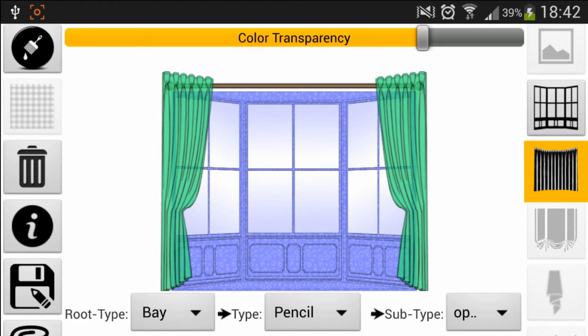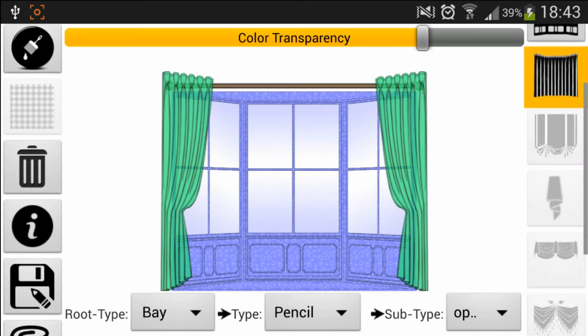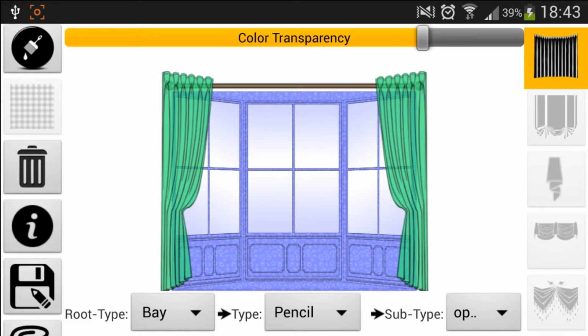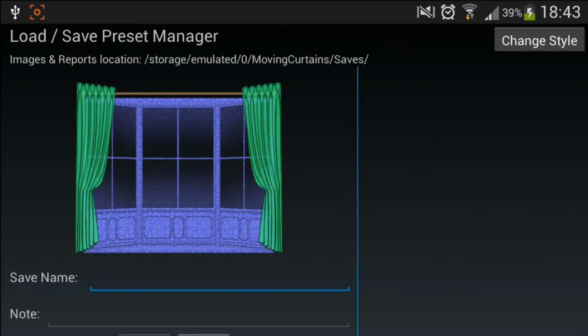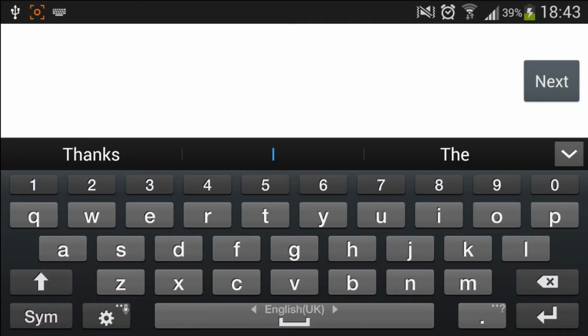Okay, we can save our patterns of combination of our objects, as we see on screen, to the memory. So next time we run the application, we can load it instantly. So let's say we press on save button, and here we can give a name.